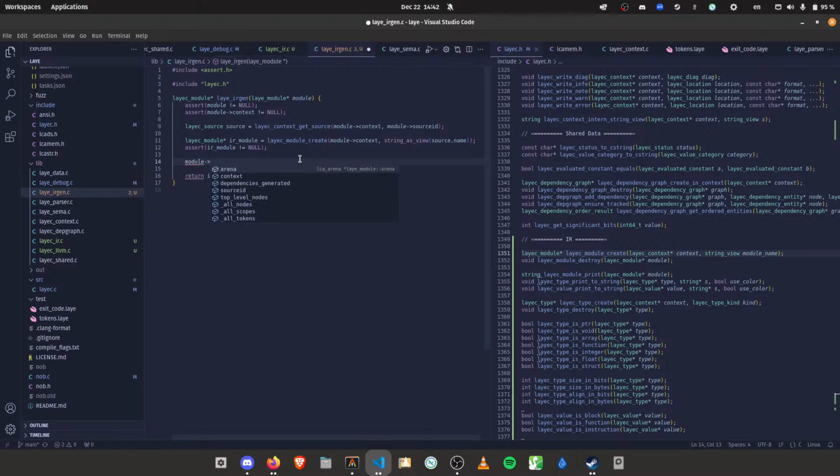Module has dependencies. Dependencies generated as a bool. It doesn't actually store. It's a Laye module, so that's going to be in context dependencies. Yep. Okay. So what we want to do is generate an IR value